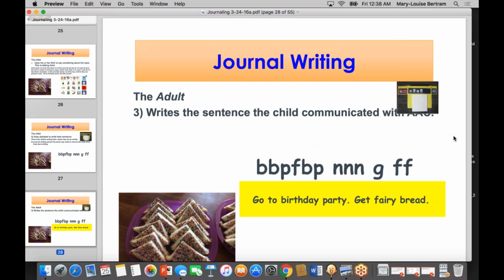Some teachers do write in the child's actual journal, but many teachers feel that it's not my place to write in your journal, so I'm going to write this on a post-it note and stick it in your journal, and then you can take it off if you don't want it there. But I can put that on there, and then I can start ascribing meaning. So if it's on the post-it note or on a separate piece of paper and I've stuck it underneath, then I